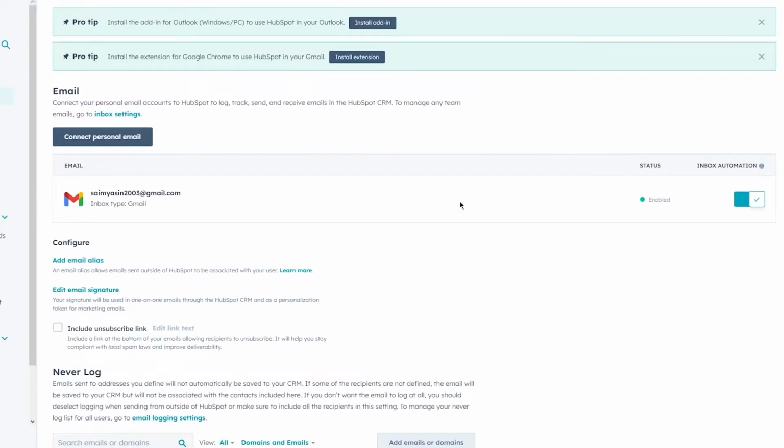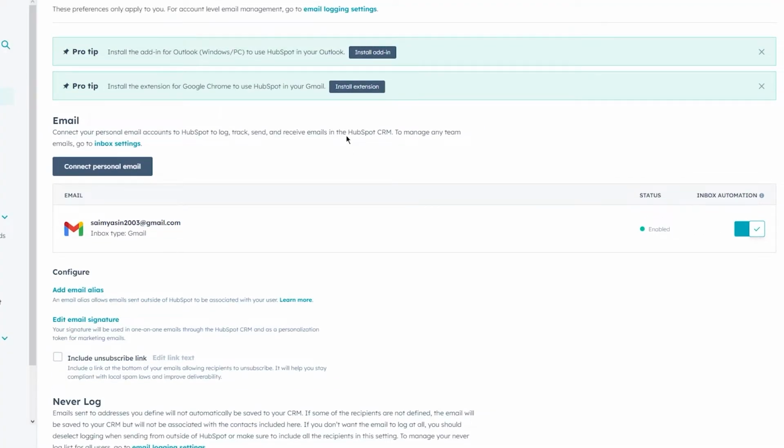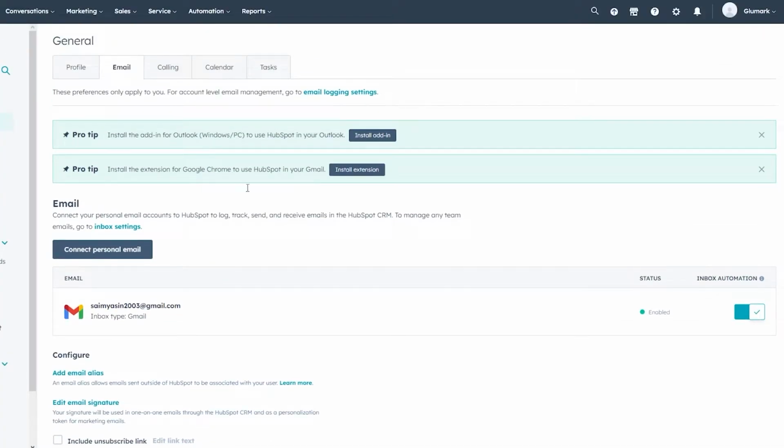And once you do that, there we are. So you've connected a personal email for yourself, and everything is good to go. Now, once these things are done and you have an email added, let's go and add or create an email